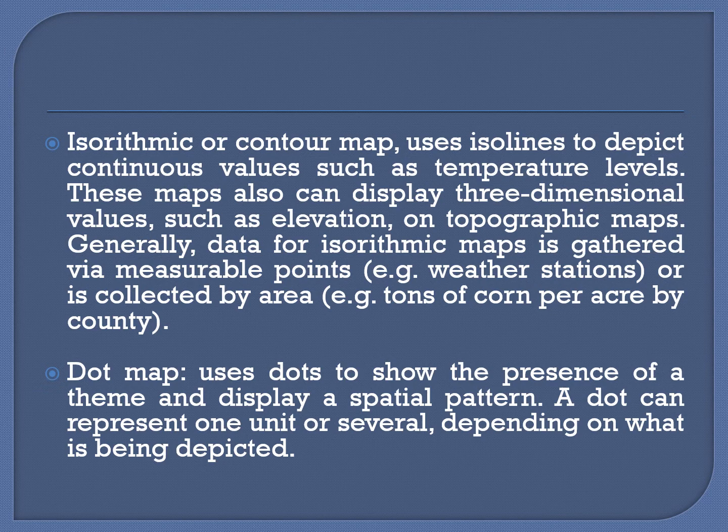The third way of presenting is that of the isorhythmic or the contour map. You all know what an isoline is. The lines that depict the places having the same type of phenomenon, like it can be a temperature or a pressure or a rainfall, whatever it may be. These type of representations do not have a perfect boundary line. They are always continuous.